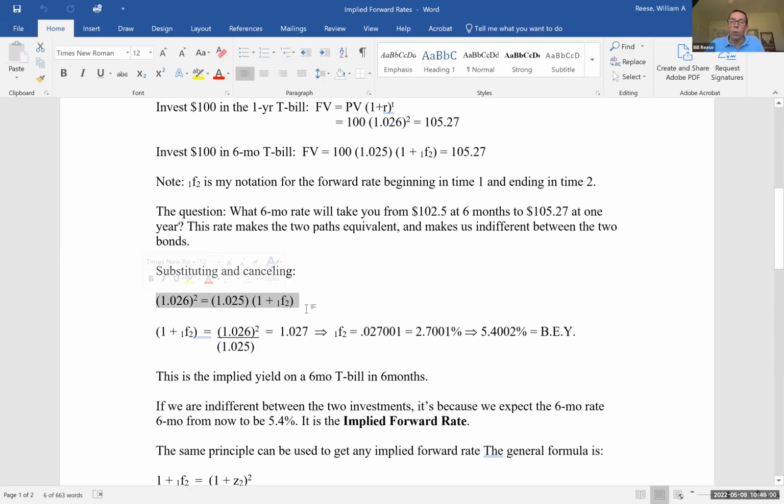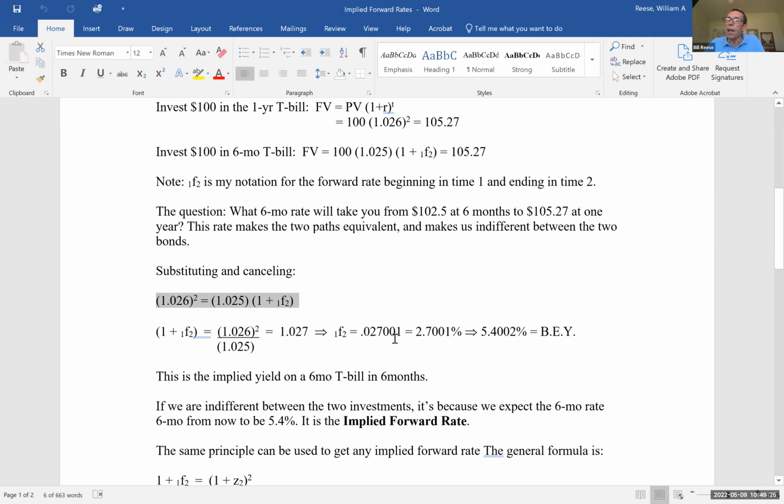Solve for 1F2. So I put 1 plus 1F2 over here on the left-hand side, okay? And so we divide each side by 1.025, and we've got this. So we end up getting that 1F2 is, and it's important to take this all the way out to the end, okay? It's important to take it all the way out to the end. 1F2 is going to be